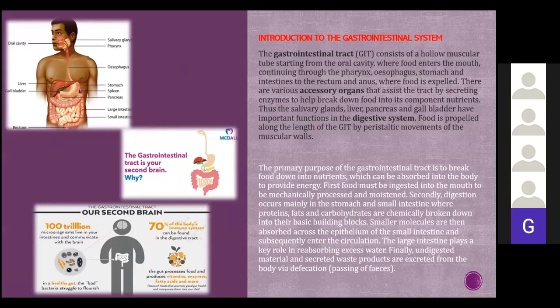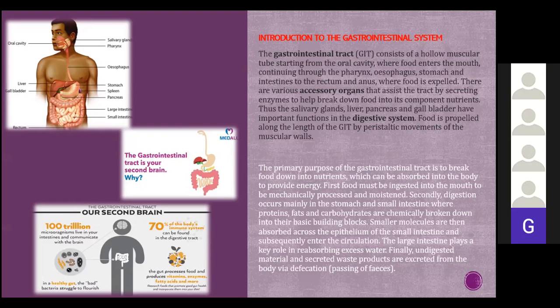Food is propelled along the length of the gastrointestinal tract by peristaltic movements of the muscular walls. The primary purpose of the gastrointestinal tract is to break food down into nutrients which can be absorbed into the body to provide energy. First, food must be ingested into the mouth to be mechanically processed and moistened. Secondly, digestion occurs mainly in the stomach and small intestine, where proteins, fats, and carbohydrates are chemically broken down into